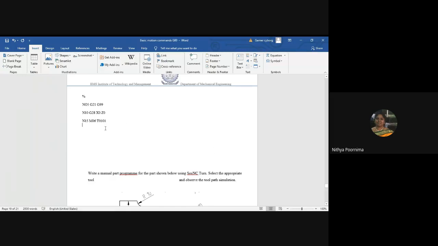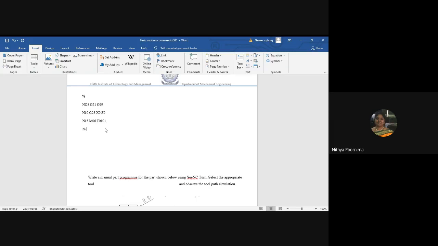Then after this step, again, I'm going to call N20 and I'm going to call M03. What is M03? We have called for tool change. Now next, what do we have to think about? Tool start. Spindle on clockwise. Next, you will set the speed for your tool. Speed can be S1000.